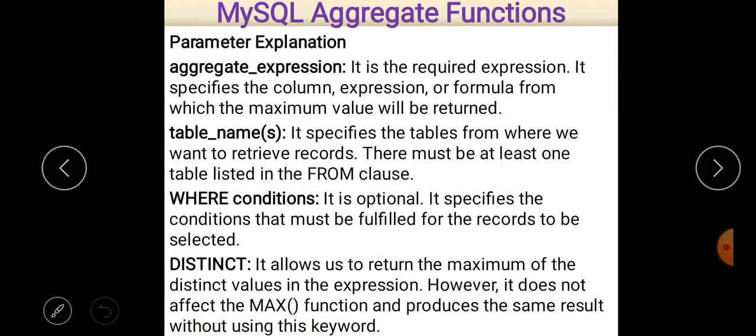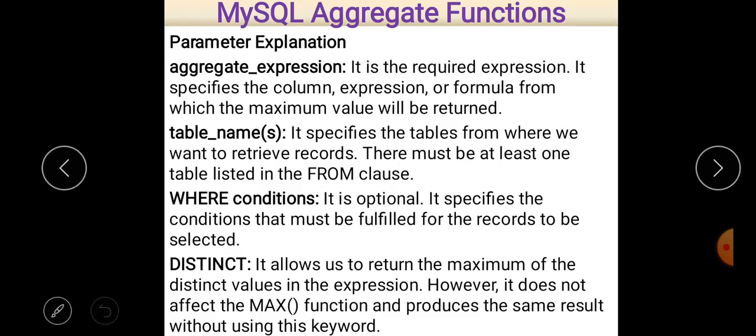First of all, parameter explanation. First is aggregate expression. It is the required expression, and it specifies the column, expression, or formula from which the maximum value will be returned. Second is table names. It specifies the tables from where we want to retrieve records, and there must be at least one table listed in the from clause. Third one is the where condition. It is optional, and it specifies the condition that must be fulfilled for the record to be selected.